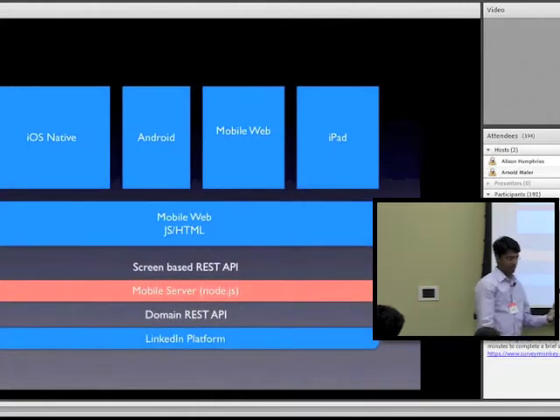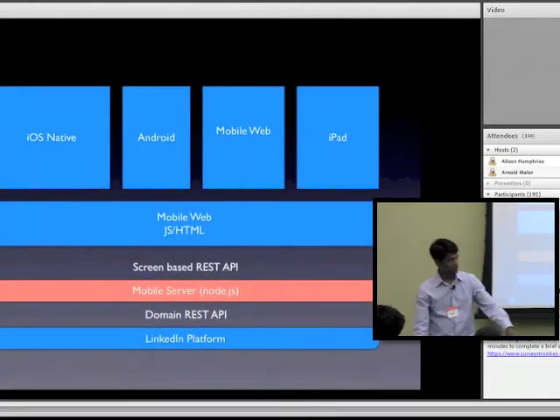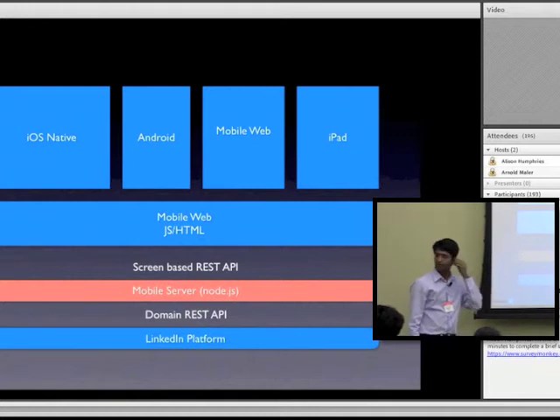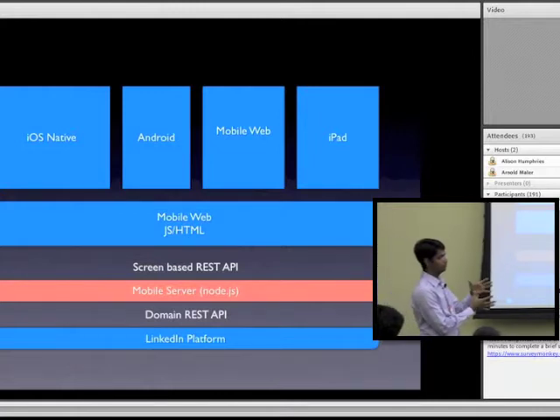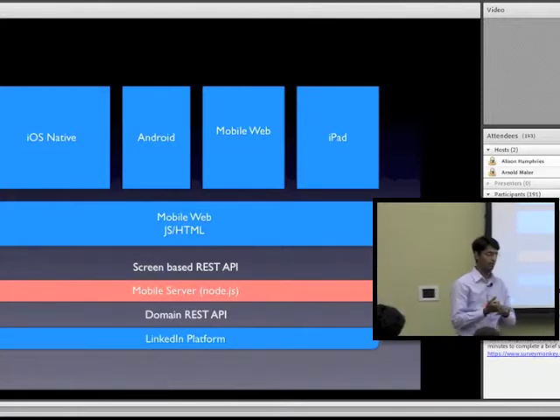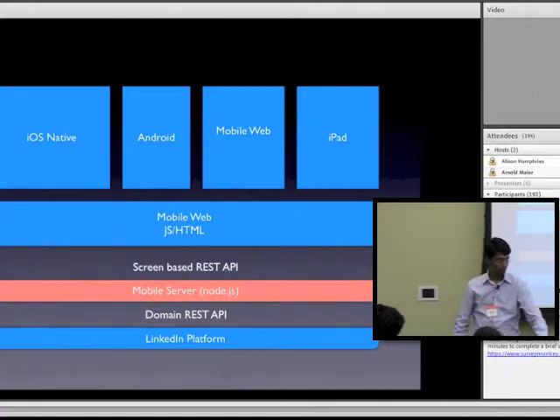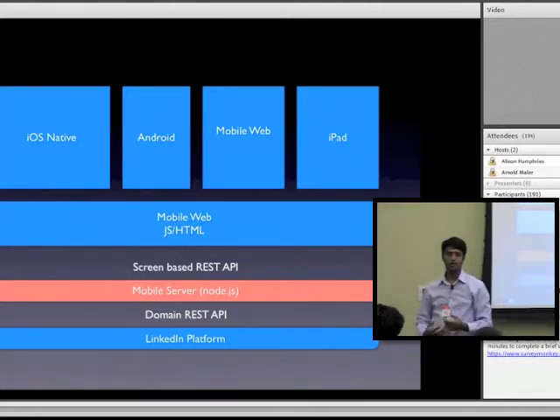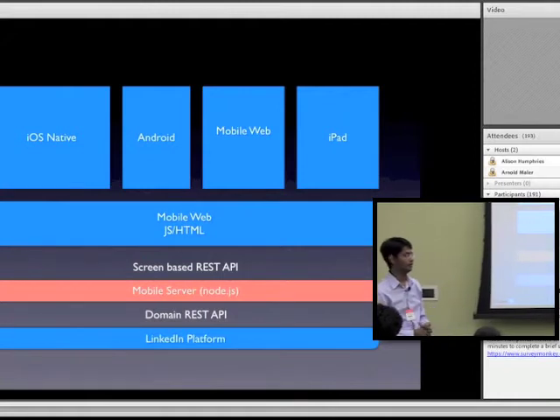So when we translated that to what we wanted, this is what it is. And we put the Node stuff in red just to say, I'll walk you through why we chose Node. We had our iOS, Android, mobile web, and iPad. We layered mobile web as something which goes across the board, because we are doing a lot of hybrid HTML5 native stuff. And that itself,